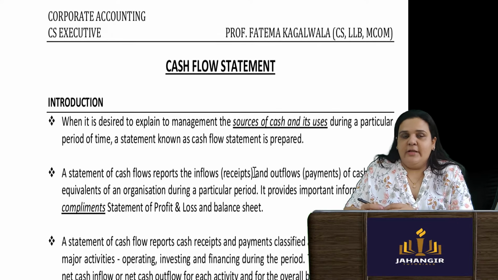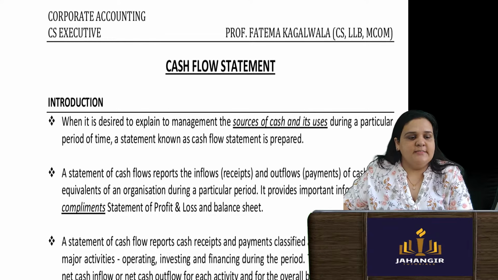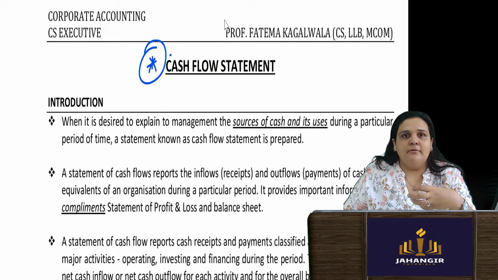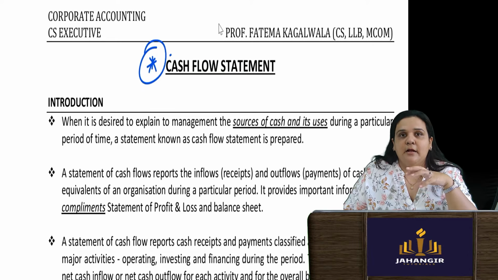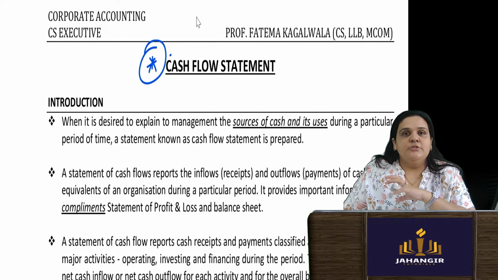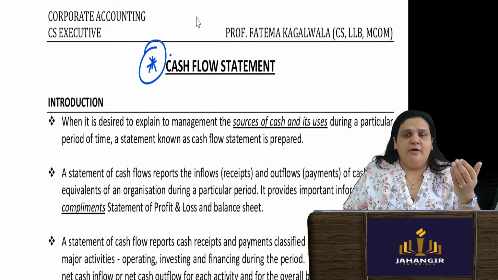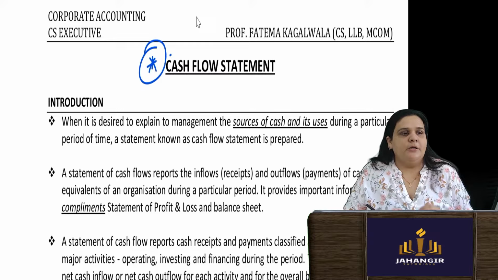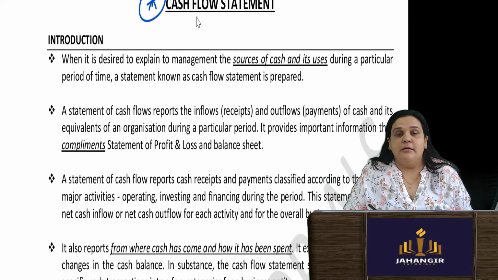We are going to start with another important chapter, which is cash flow statement. Why is it important? Because it is important for the shareholders and stakeholders who are deeply invested in a company. For them, this statement is one of the four pillars of the financial statements. If you have ever seen corporate financial results, you will see the cash flow statement as a most important part of that particular annual accounts.